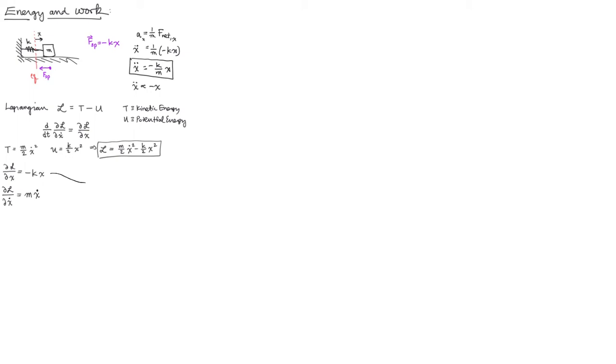So before proceeding, I just want to say a few words about this. Here we have the spring force, and notice that that came about as the derivative of the Lagrangian with respect to x. And if we play that out,